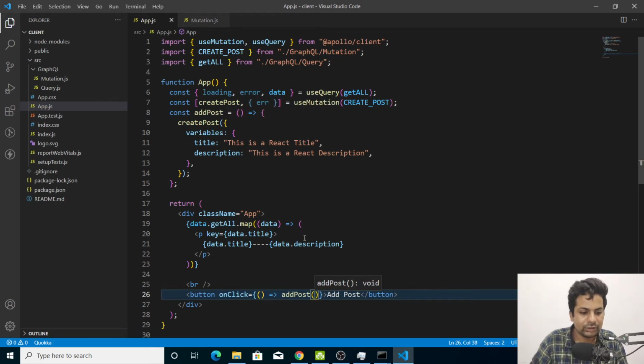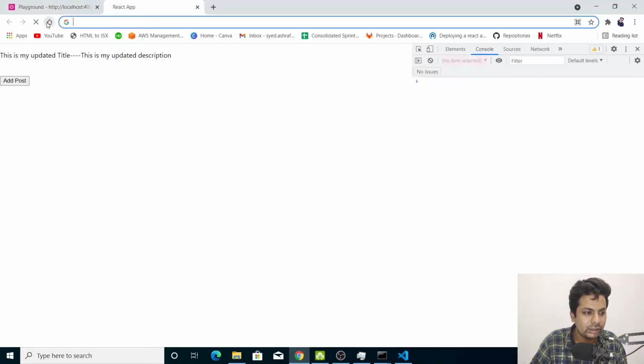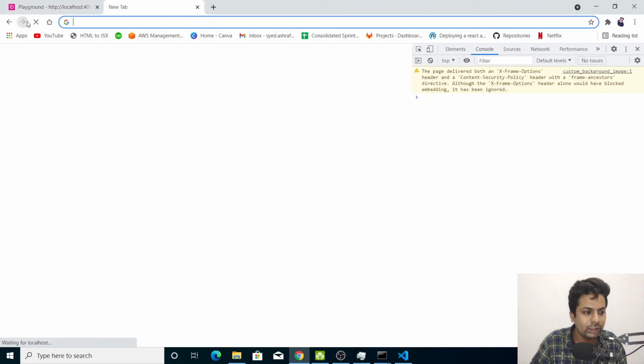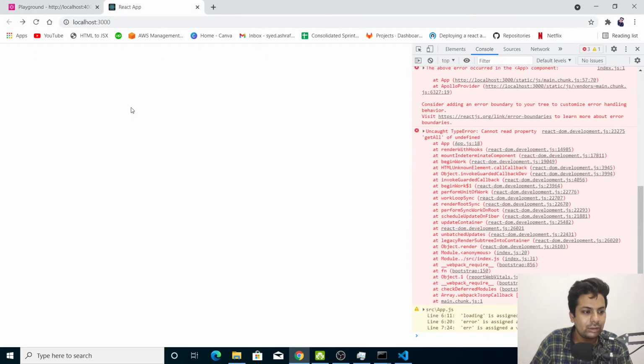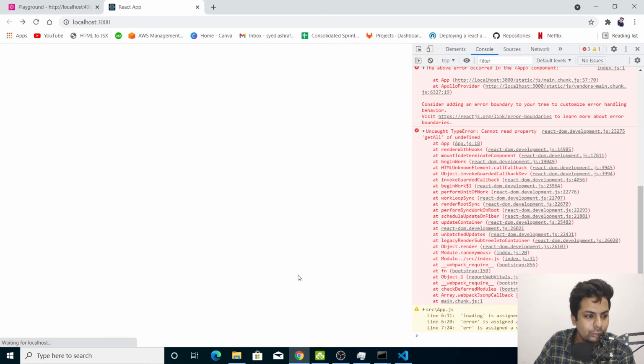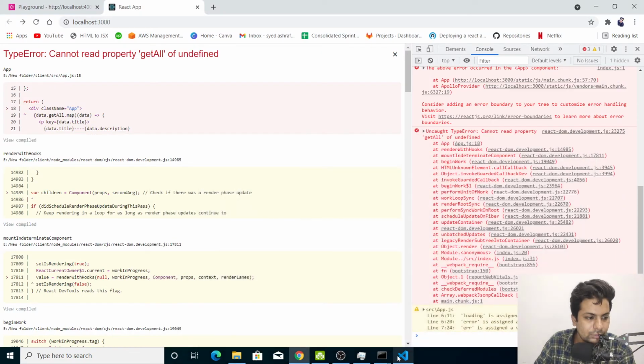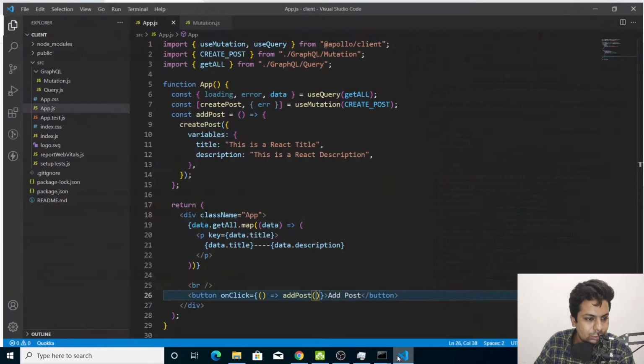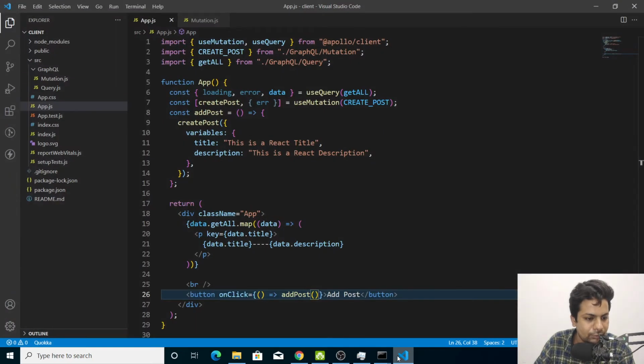Okay, let me just save it and check if there is any error. Everything's fine. Cannot read property getAll. What happened? You were running fine. Okay, it's just throwing an error because it's in the loading state.